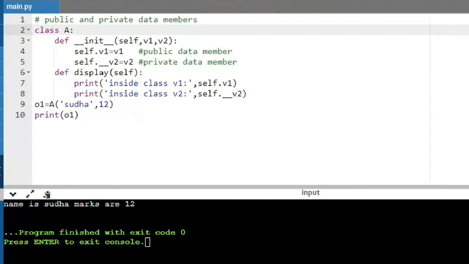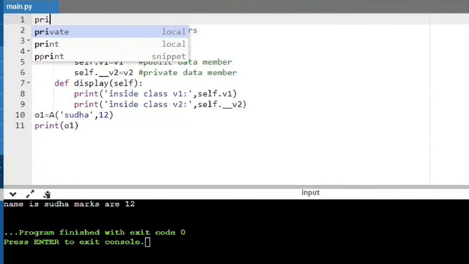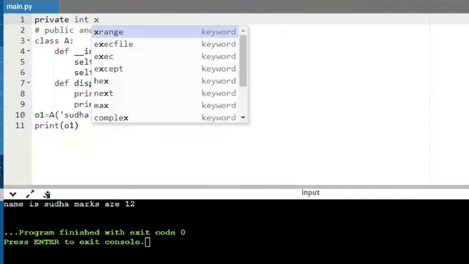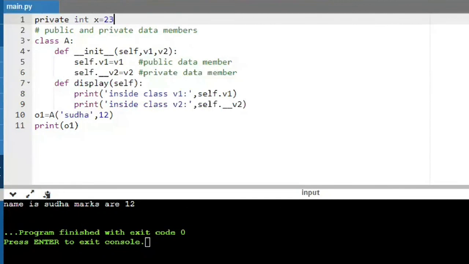Okay, so that is an indication in Java and all that. What we'll do is we'll be writing the private keyword. Okay, so I'll say private int x, so x is equal to 20 or whatever. So I'll be using the private keyword to actually represent a variable to be private.